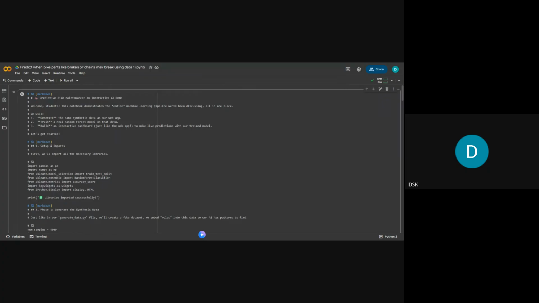In the first cell, as you see, it's a markdown cell, not a code cell, just a text title for our notebook: Predictive Bike Maintenance. The hash just creates a header title. The three steps that we are going to do are: generate the data, train a model, and build an interactive dashboard. So in cell 2,